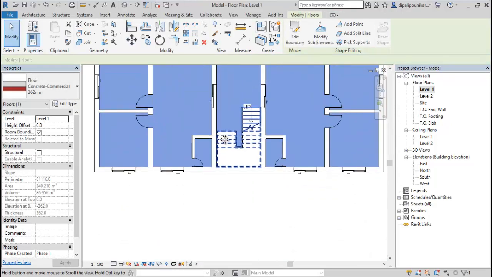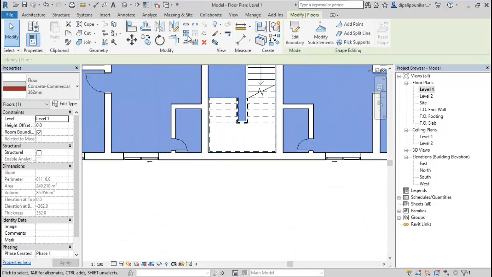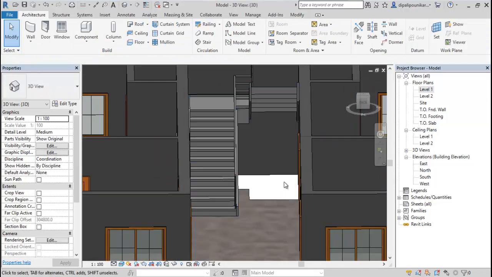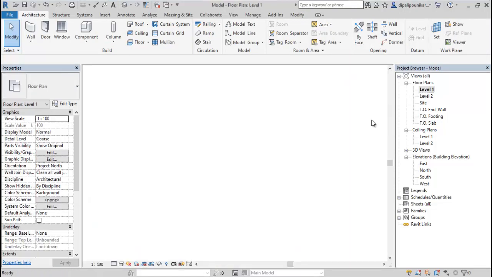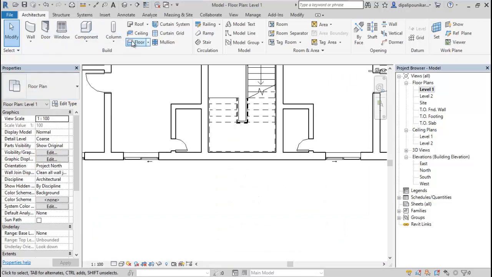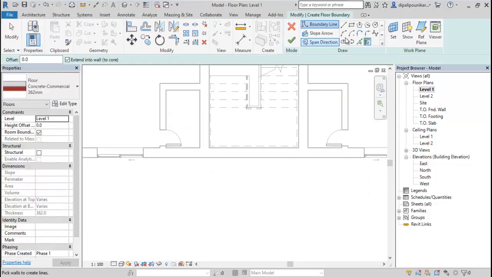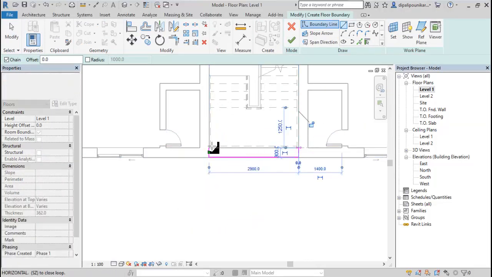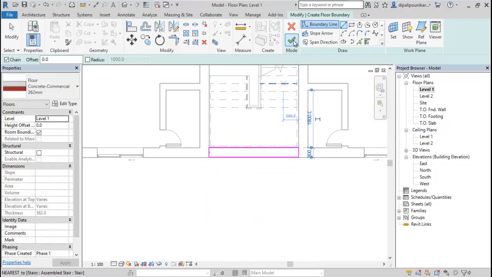But remember one thing, there is a gap created here, which I'm going to show you right now. You can see there is no wall and no slab created at the bottom. So go to level one, and create this particular floor. Select this particular line and draw the floor here like this. So this will become properly facilitated.